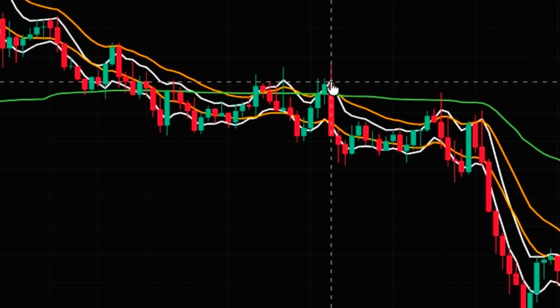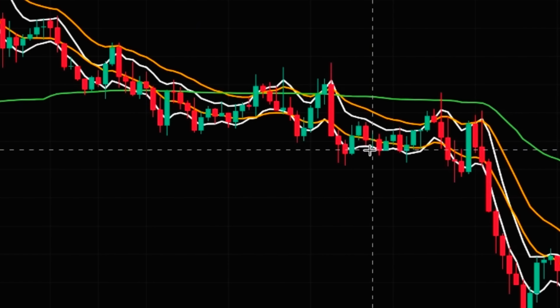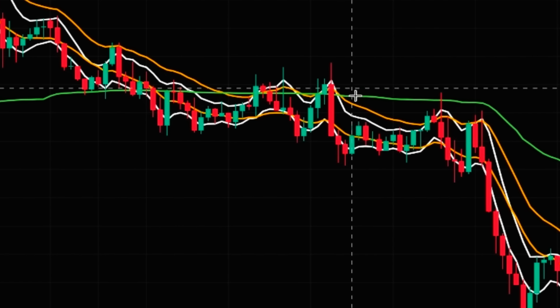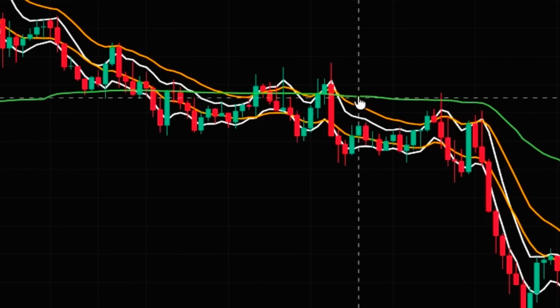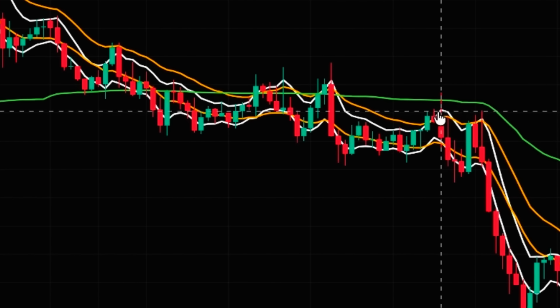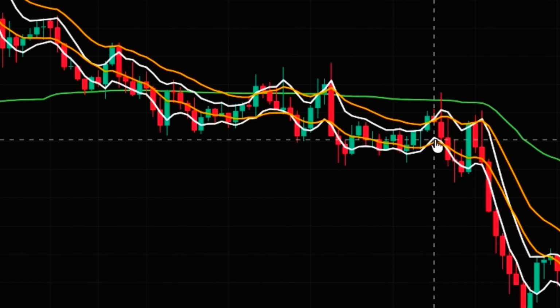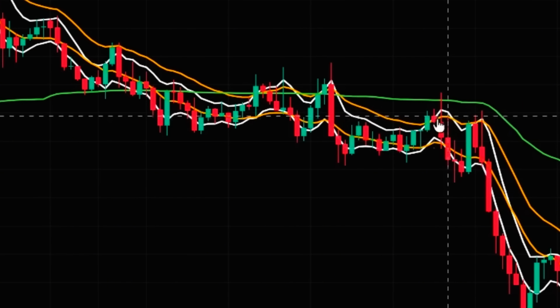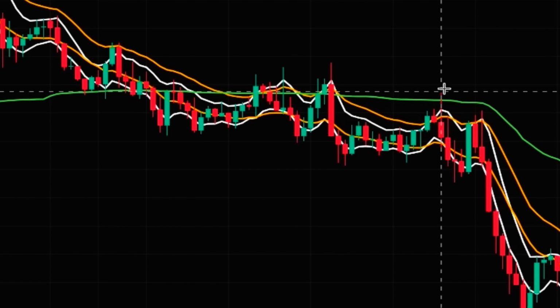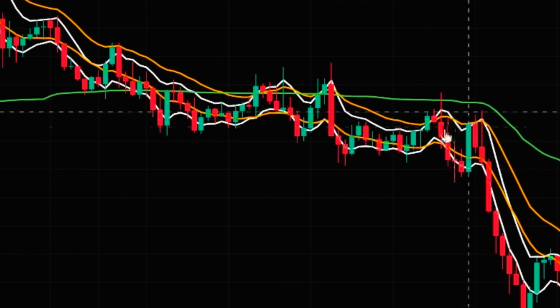We don't take any action here either, and again you can see that the price went below the green line, and then the orange channel and the white channel are also completely below the green line, and now we should wait for a pullback, which is when the upper line of the white channel goes above the upper line of the orange channel, and similarly here the lower line of the white channel goes above the lower line of the orange channel, and in this case you can see that the orange line and the white line didn't go above the green line, so everything is okay now, and we should wait for a signal that shows the end of the